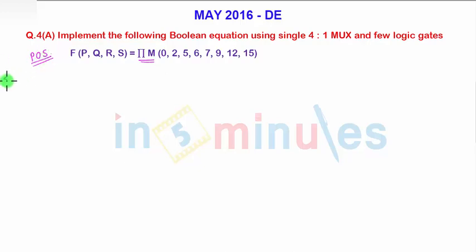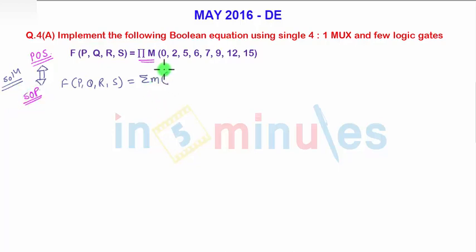So starting with the solution part of this equation, first of all we need to convert this equation into SOP form. Okay, so it will be easy and our regular way to solve the question. So first of all I'll convert it into regular SOP form equation. Since POS form and SOP form are complementary to each other, therefore function PQRS can be written as sum of products. The terms which are absent in the POS will be present in the SOP form equation. So this is going to be my SOP form equation.